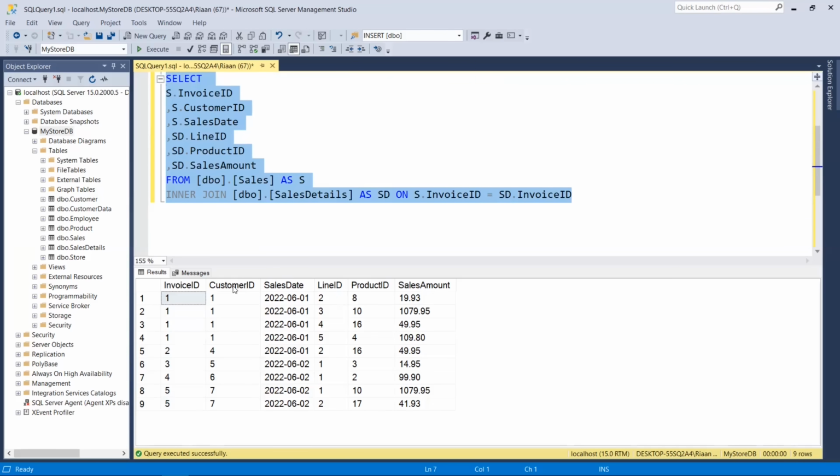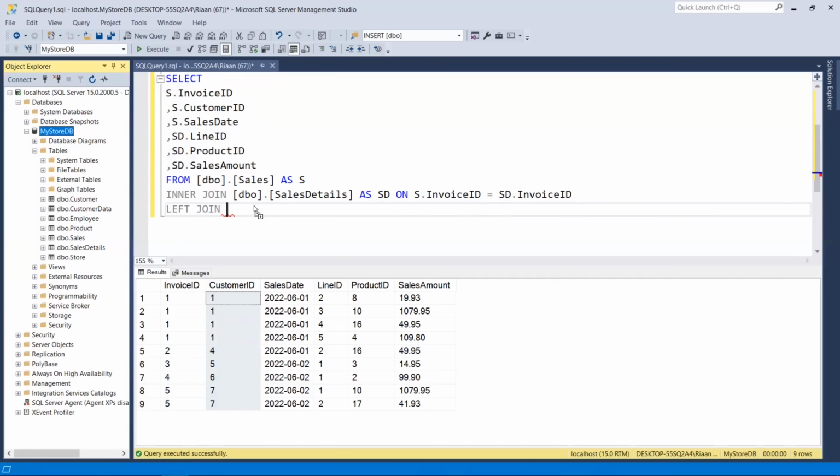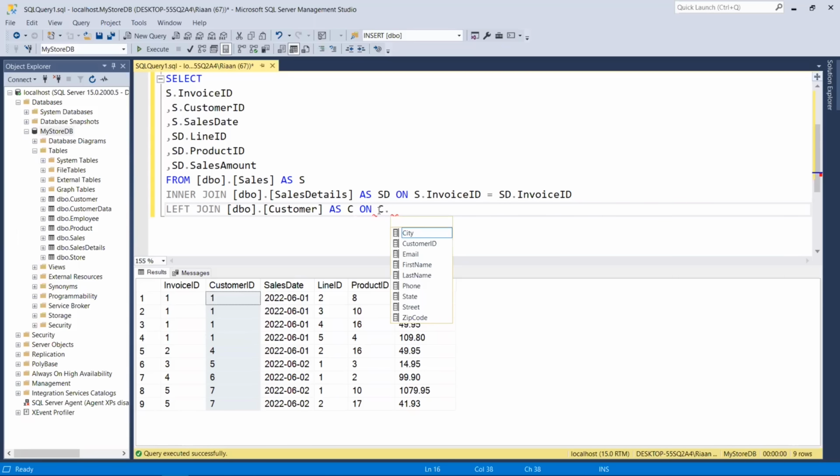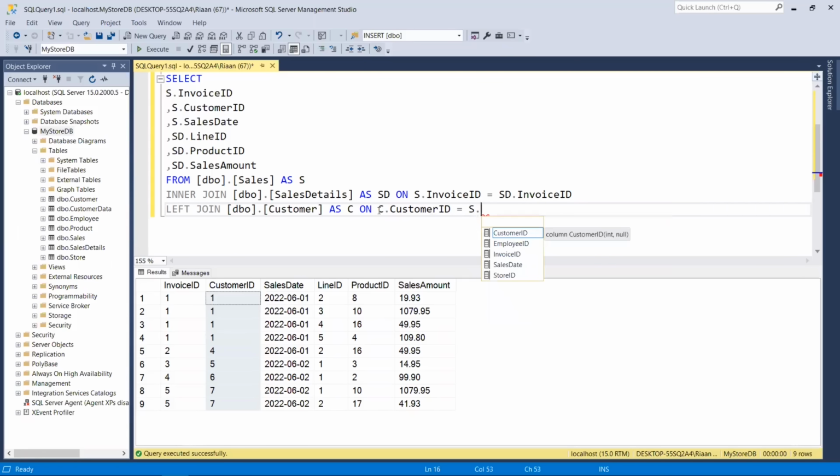However, end user may not understand what is the customer ID, but it will be better understood with a customer name. So how to get that information from customer table? We have the requirement to get the customer name, which is not mandatory for all the sales records. Then we can use the left join. So let me have left join here. I'll be joining with the customer table, and let me put the alias as C, and I'll be joining with the joining condition on C.customer ID equal to S.customer ID,